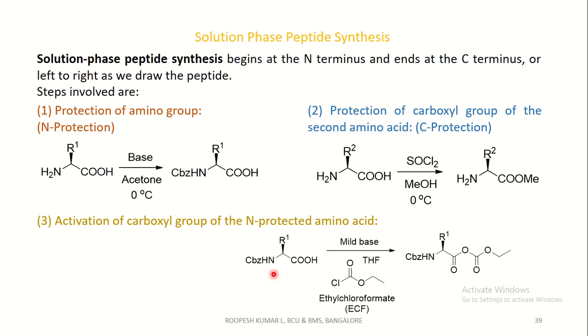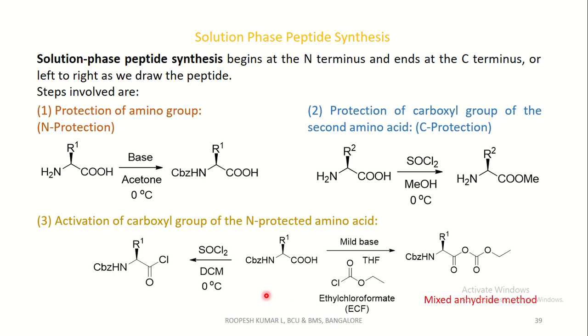Therefore, the acid is converted to a mixed anhydride. Hence, the reaction is the mixed anhydride method. That is, the acid is activated to a mixed anhydride. In this reaction, THF is used and the temperature should be maintained at -15 degrees. This is one of the methods. The other method is